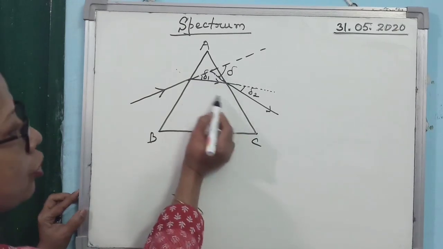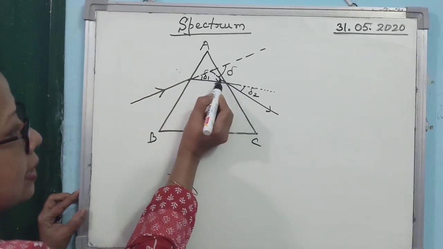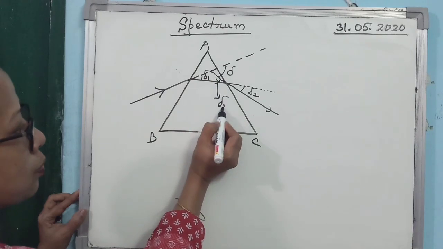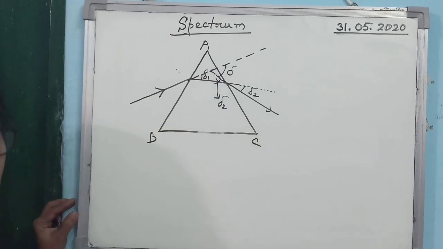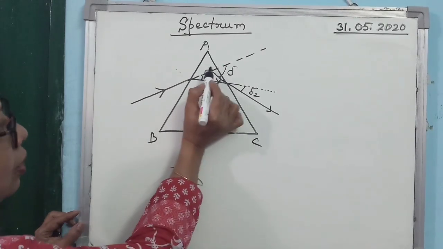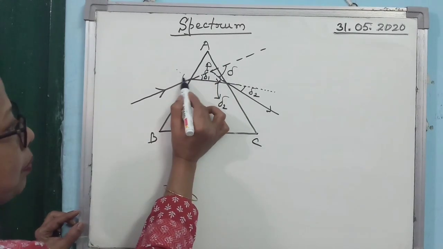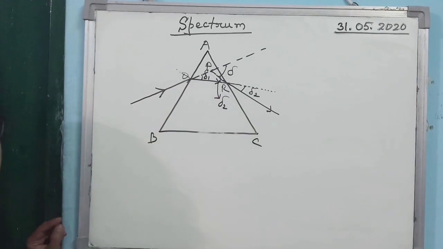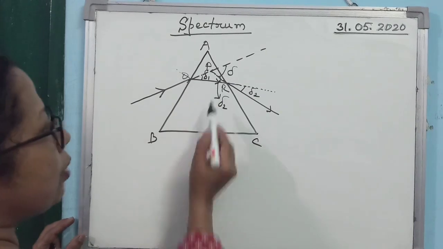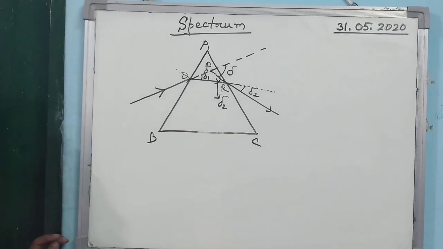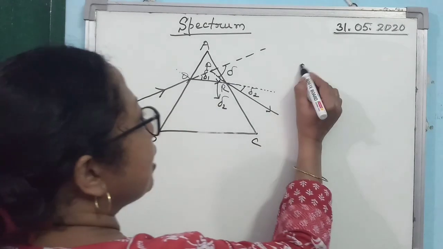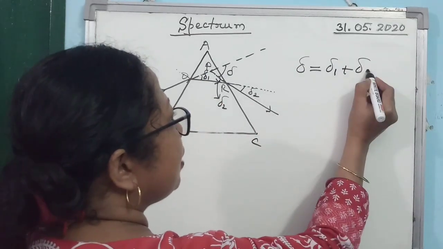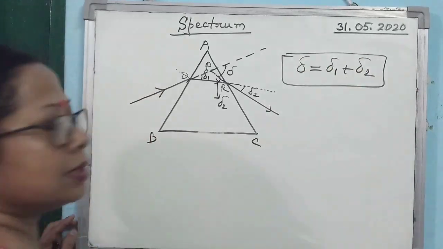Now look at the geometry of the diagram. If this angle is delta 2, this is the vertically opposite angle. I am writing it here, no space there. So let it be delta 2. Now look at the triangle. Okay, let us name it PQR. If you consider the triangle PQR, delta is the external angle, whereas delta 1 and delta 2 are the internal opposite angles. So one can write what is the total deviation. Total deviation is given by delta 1 plus delta 2.